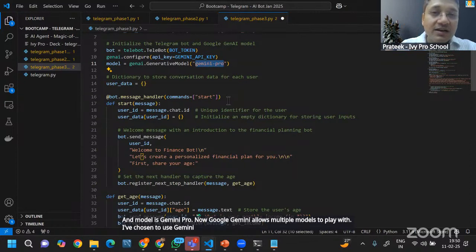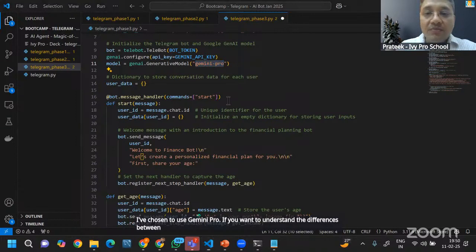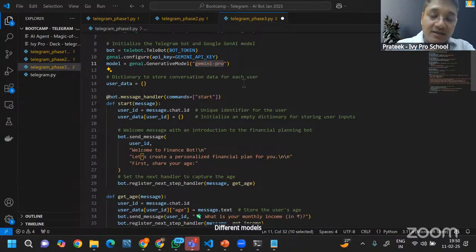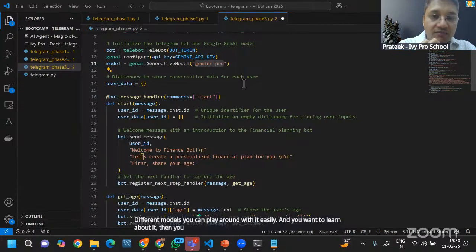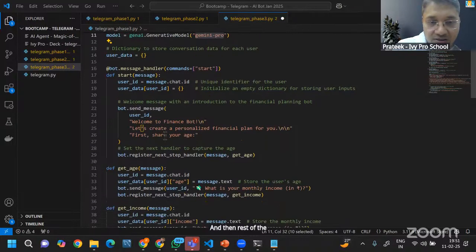If you want to understand the differences between different models, you can play around with it easily. And if you want to learn about it, then you can definitely go to Google and know more about them. And then rest of the things are same. Rest of the things are same up until